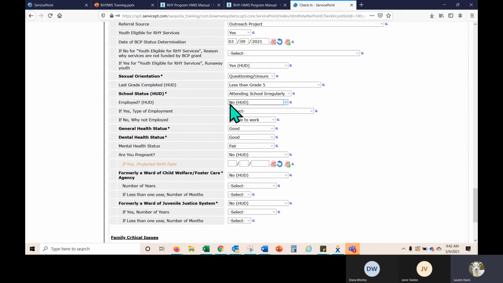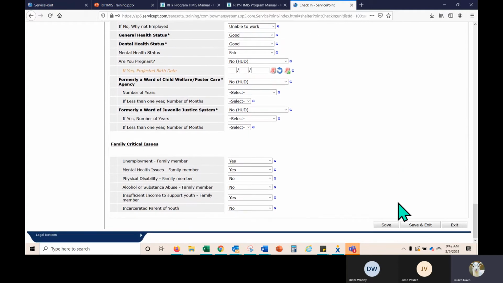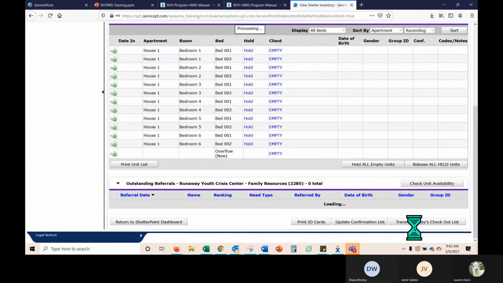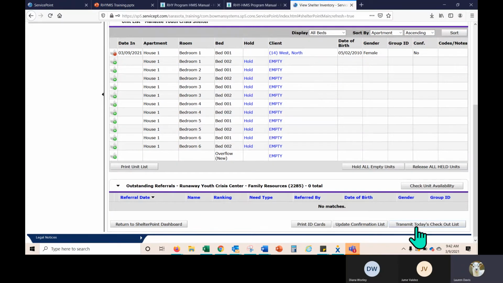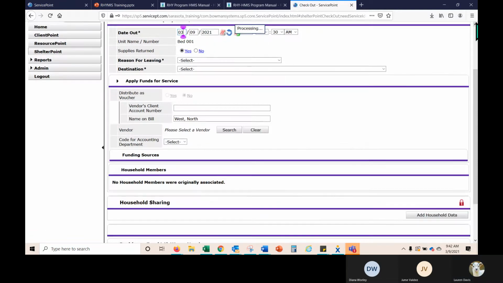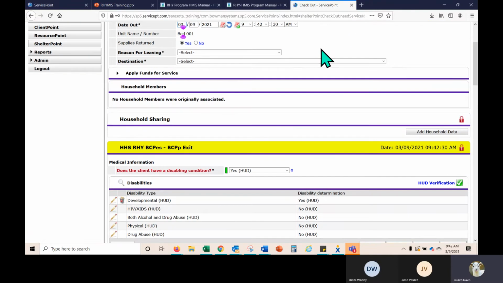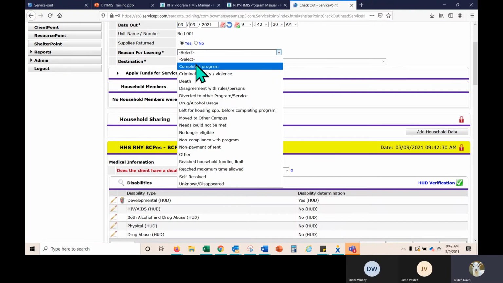With all of this information completed, we're going to simply save and exit. And now we've checked North into our bed. North will stay in our beds for however long she needs, or until the program expires for her. Once she is done, we simply hit this minus sign and can check North out and provide a reason for leaving.